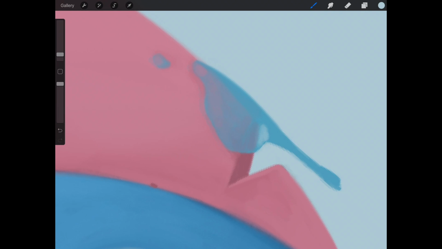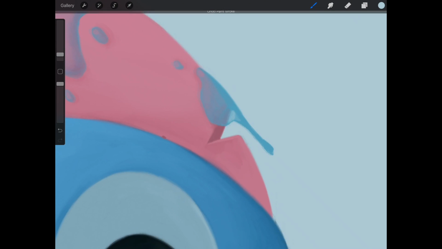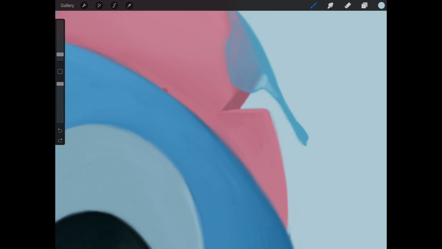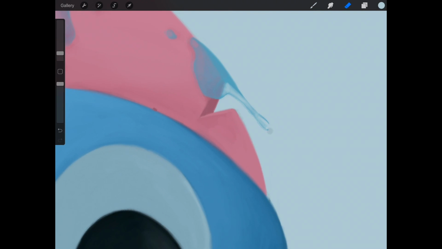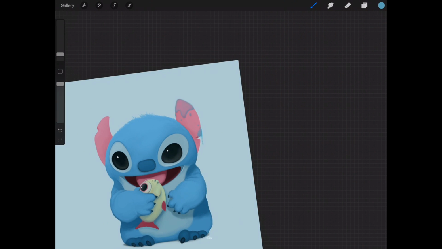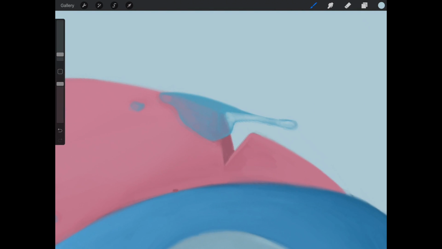Remember, even though it's underneath the ear, it would still be pretty light due to a lot of light passing through that area. There's no ear in the way anymore. So don't be afraid to shade it a lot lighter. I'm going to grab the eraser. I'm going to have to go back in with a little bit of that blue on the bottom to help show the curvature of this water. Grab some of that background color again, sample it in the eyedropper, and keep going ham, going throughout the rest of this